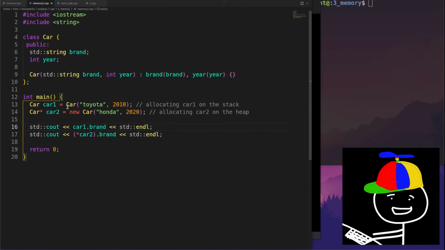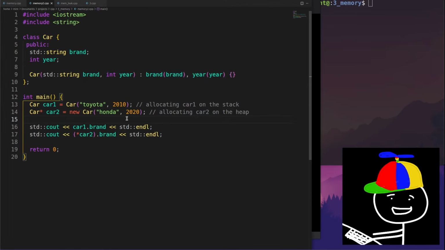But essentially, if you're creating a new object with this notation and calling the constructor by passing in these two inputs, if you're not using the new operator, this is going to allocate this variable and its memory on the stack. If you're using the new operator, this car object's data will be allocated in the heap memory, while this pointer variable that we are creating will actually be stored on the stack.